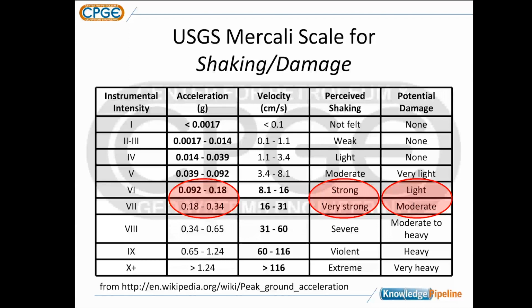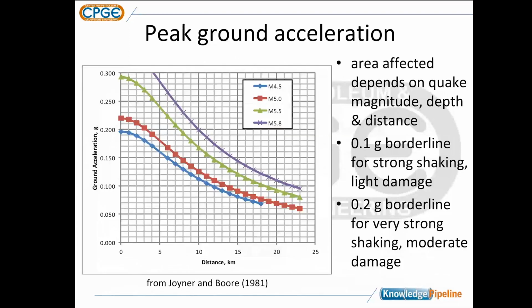If you take this then to how far away an earthquake would shake, we look at this chart, which is ground acceleration on the y-axis, in multiples of gravity, versus distance in kilometers. If we take that magnitude 3 earthquake, or magnitude 4.5, which would be one of the larger induced earthquakes, 0.1 g, which would certainly be felt by people, is borderline for strong shaking and light damage. You could feel that up to 12 kilometers away from a magnitude 4.5 fault. If we wanted stronger shaking, 0.2 g, you can see that would only occur immediately above the fault.